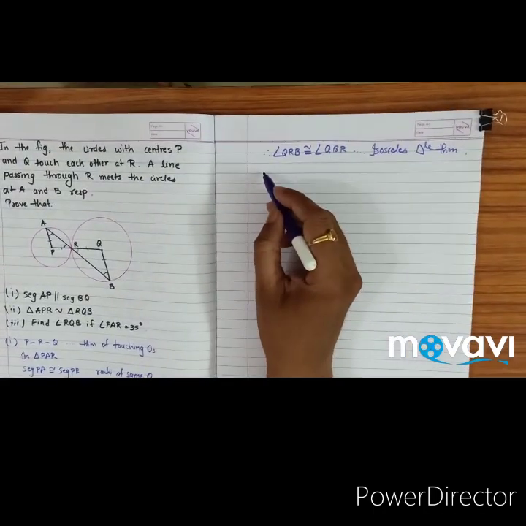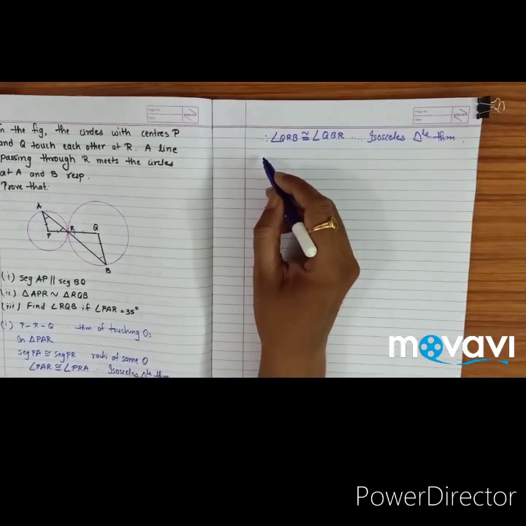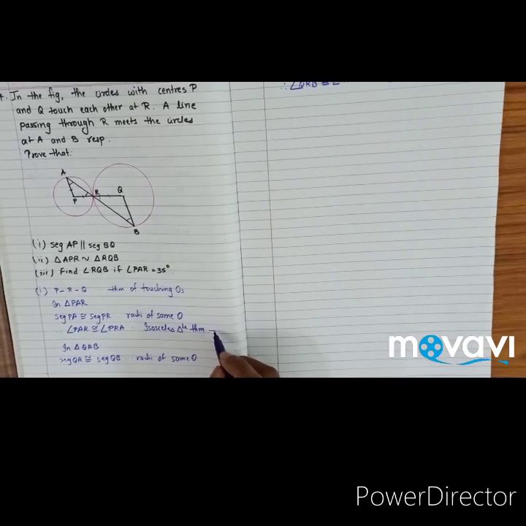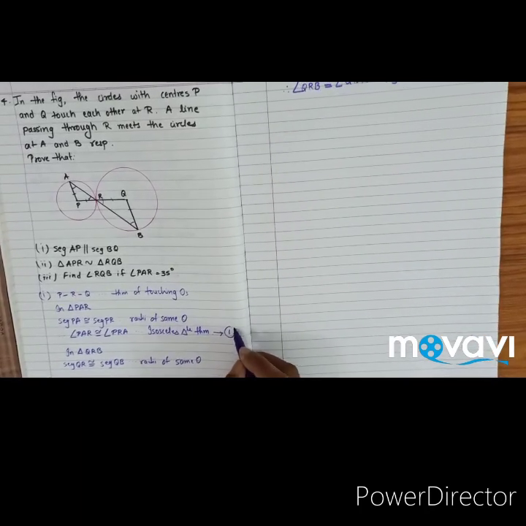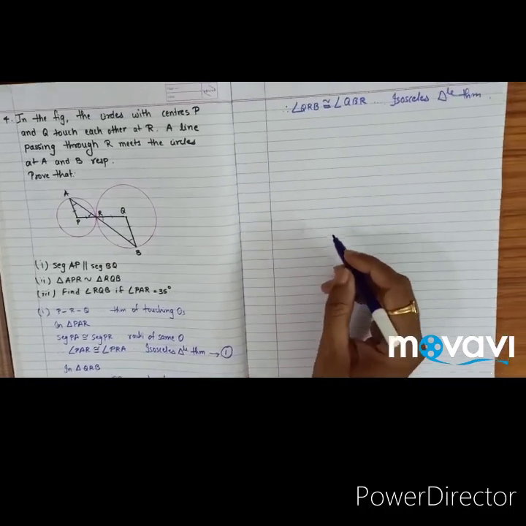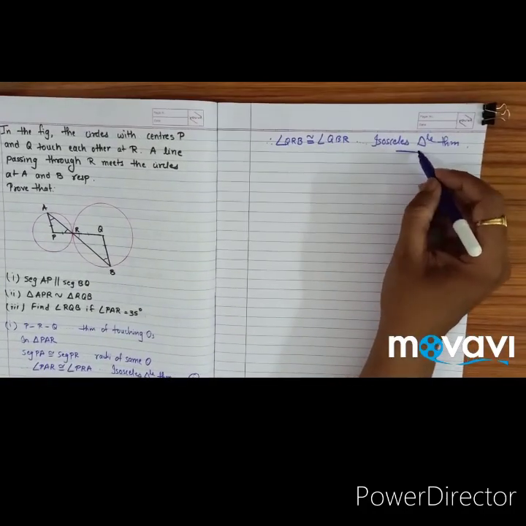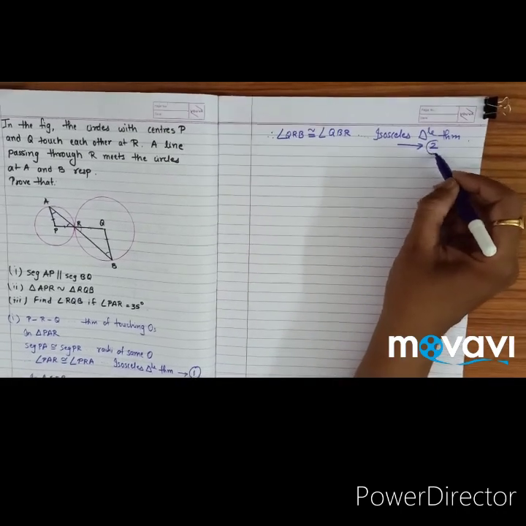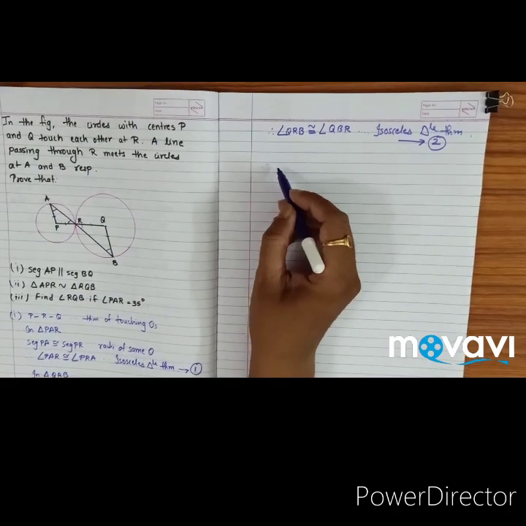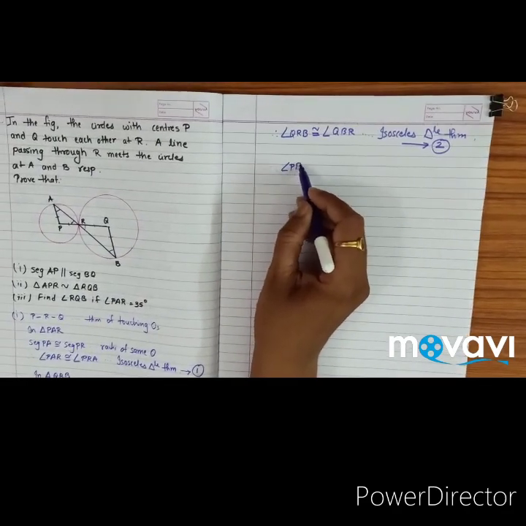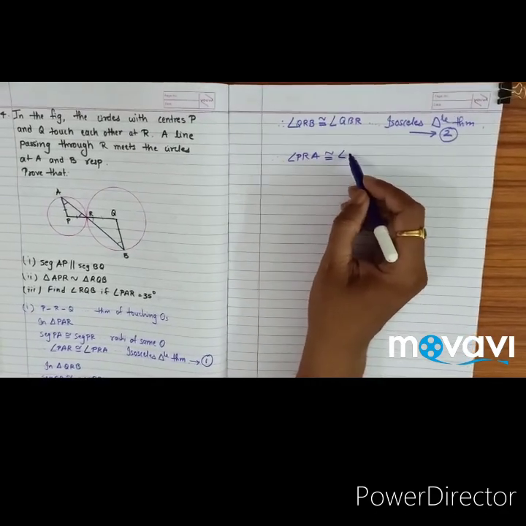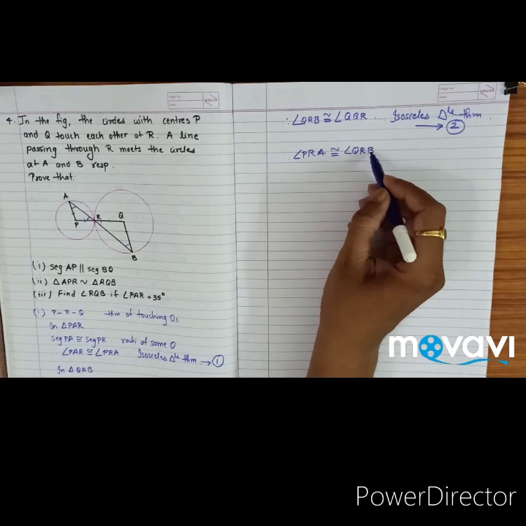Okay. So now let us consider this one. What we need, this statement to be the first statement, because we'll need this further. And same way for this one, let us consider this statement to be the second statement, because we need that. Okay. So now, I'll write like this: angle PRA is congruent to angle QRB.